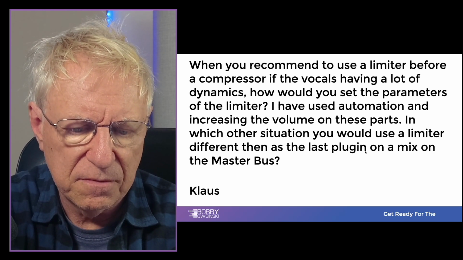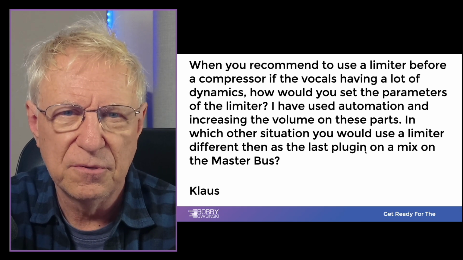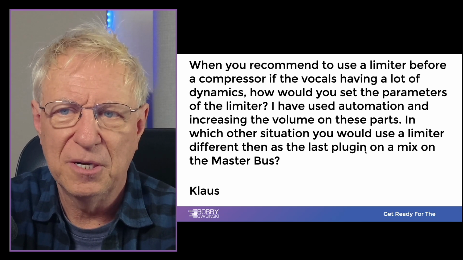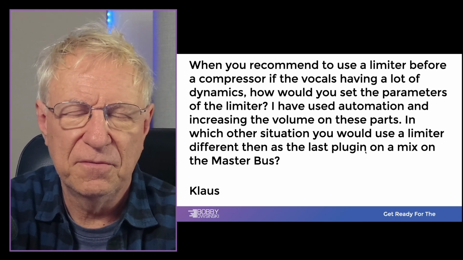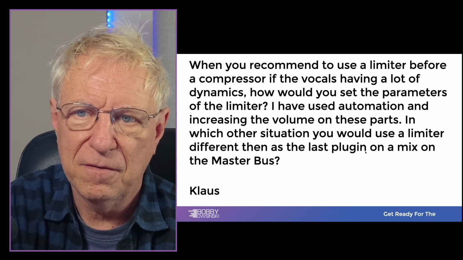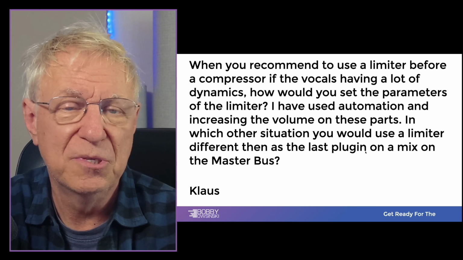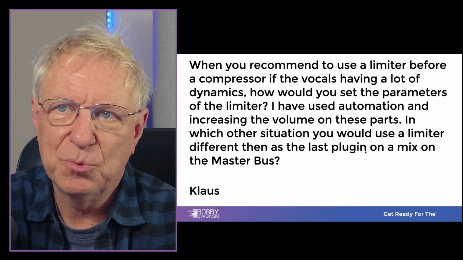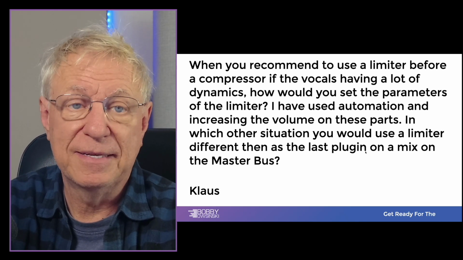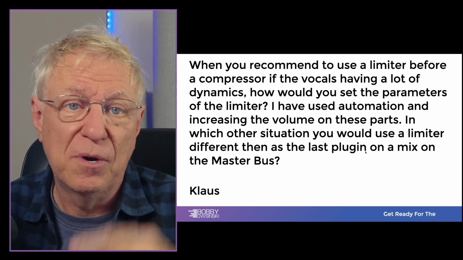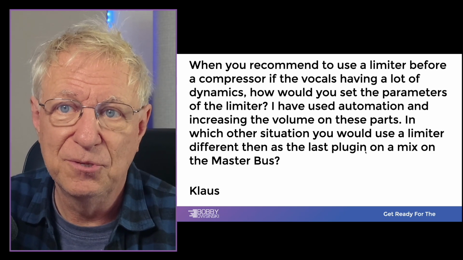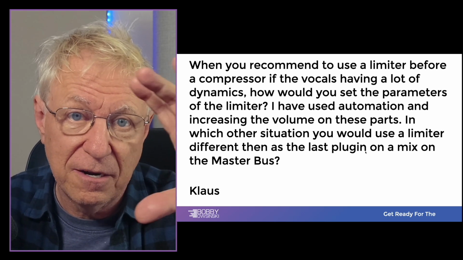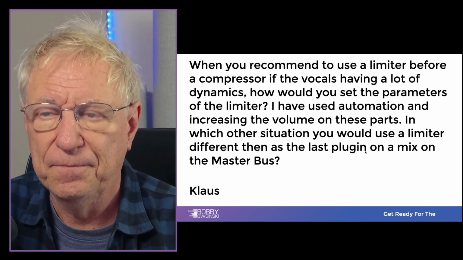there's a classic combination for mixing vocals. It's an 1176 limiter and an LA-2A compressor. The limiter takes care of the peaks and the compressor smooths everything out. You don't have to use this. You use it in a situation where there's a lot of dynamics in the track. The track is all over the place level-wise. So again, using two sometimes works better than using one, and using a limiter in this case, just to control the peaks, tends to work really well.